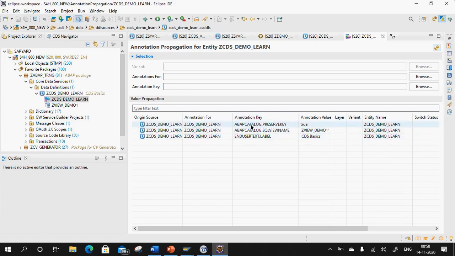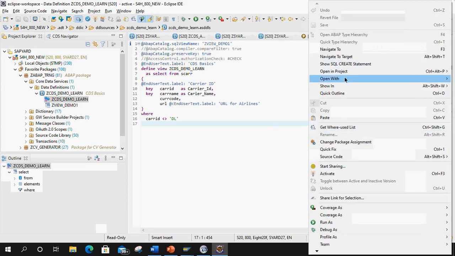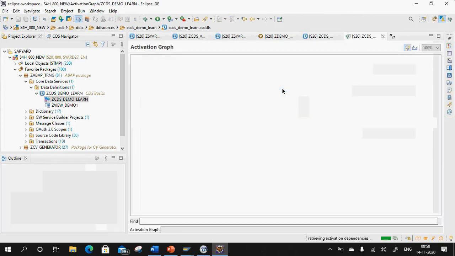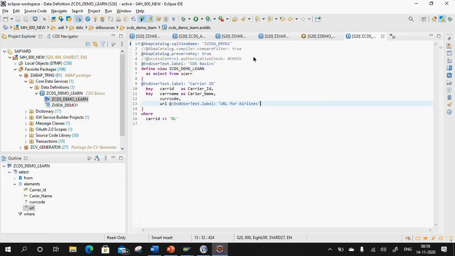Can you see? @AbapCatalog.preserveKey, @AbapCatalog.sqlViewName, and @EndUserText.label. So these are all the different annotations that I have used till now. Apart from that, there is one more thing, the activation graph. Can you see, this is my activation graph. As of now, I've just activated only the DDL source name. Hence, I'm getting the activation graph as the DDL source name only. Up to this point, is it clear, guys? These are just some of the tools which I wanted to show you, which you can use.